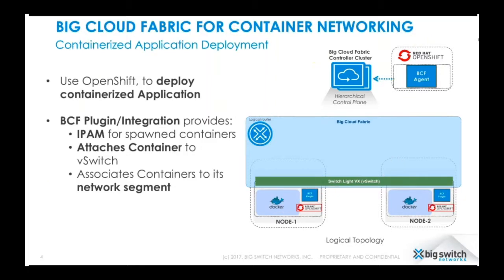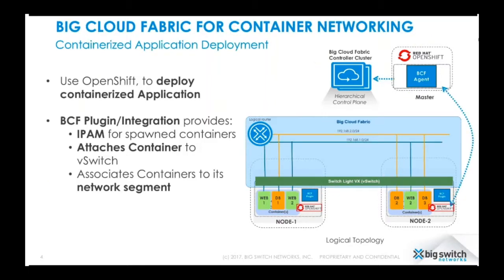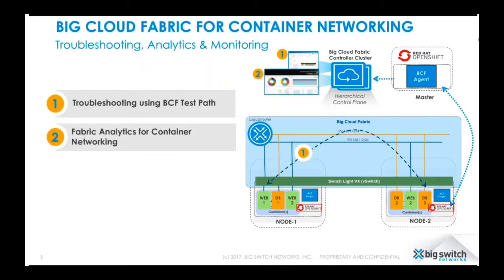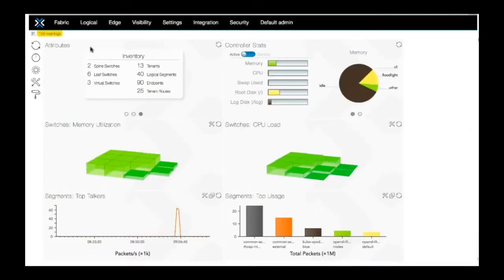Second, containerized application deployment using OpenShift Container Platform with the Big Cloud Fabric container plugin to provide container network automation. Finally, BCF visibility features, test path and fabric analytics, which make monitoring and troubleshooting of Red Hat OpenShift container networking easier and simpler. This is the BCF controller web interface, which is a single pane of glass for managing the entire